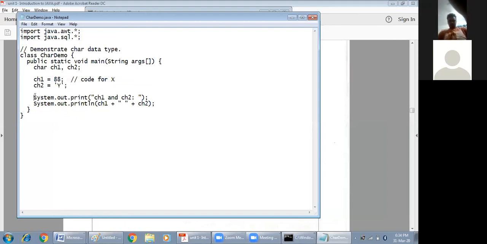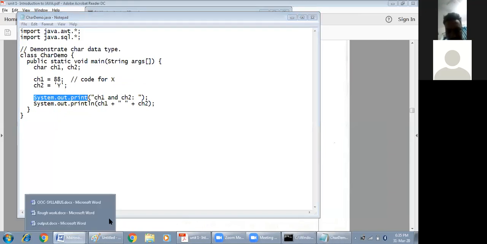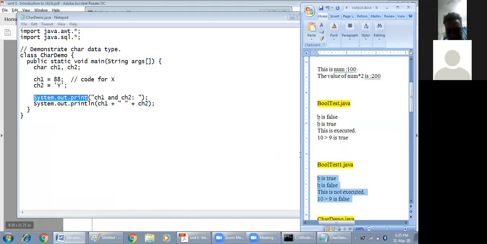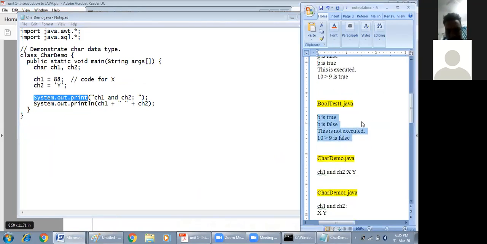So when you just print this ch1, this text will be printed as it is. Here I am using print, and I am taking this specific example once again to explain the difference between print and println. So ch1 and ch2 will be printed as it is. I'll open the output file parallelly so that you can see.